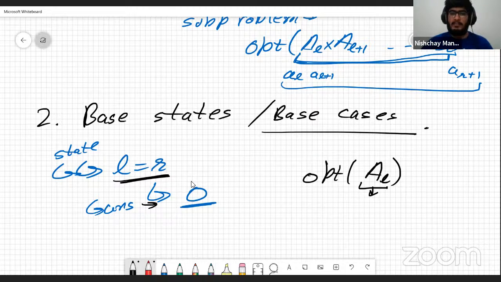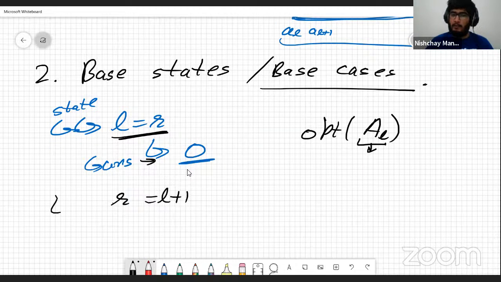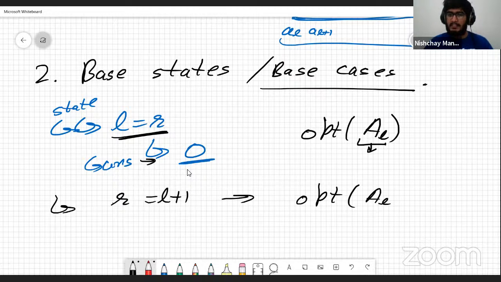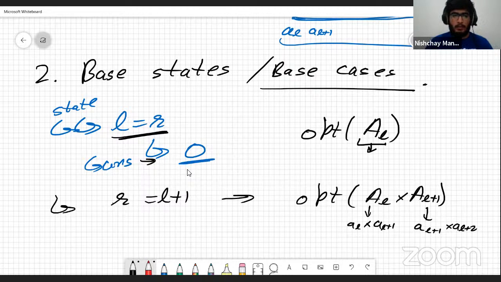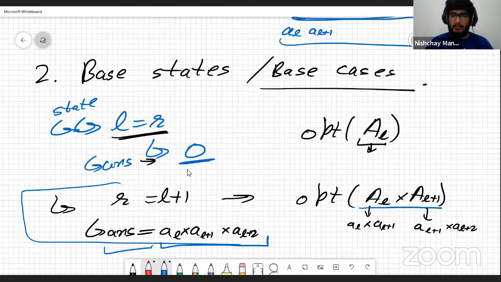You could have also chosen the base states to be something like R is equal to L plus 1. It's up to you. You can choose the base case however you want. And in here, we are trying to find the optimal number of multiplications of AL into AL plus 1, right? Here, the size of this matrix is AL into AL plus 1, and the size of this matrix is AL plus 1 into AL plus 2, right? So the answer here is going to be AL into AL plus 1 into AL plus 2, basically because of the X into Y into Z property that I talked about before. So this is going to be the answer of this range. You could have chosen the base case to be this, but